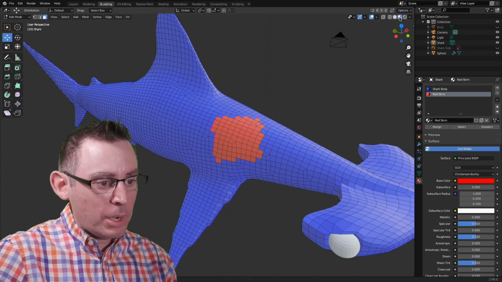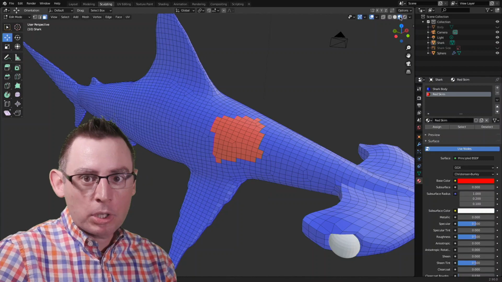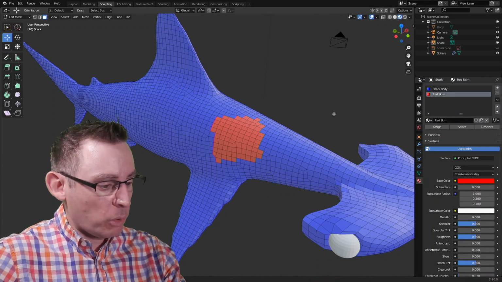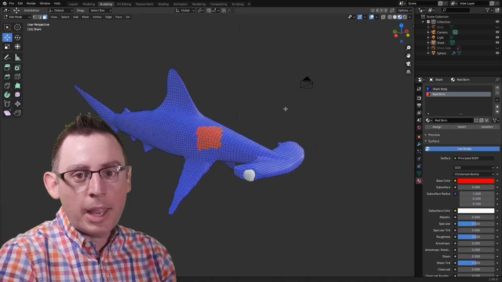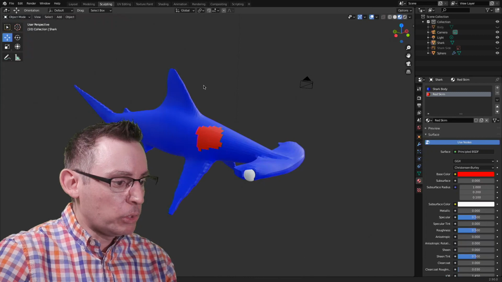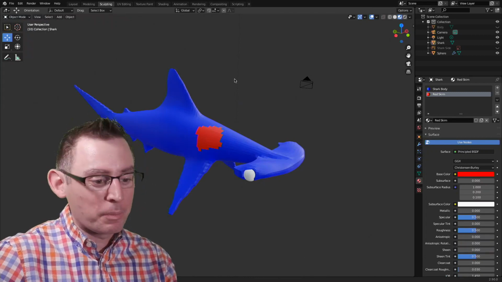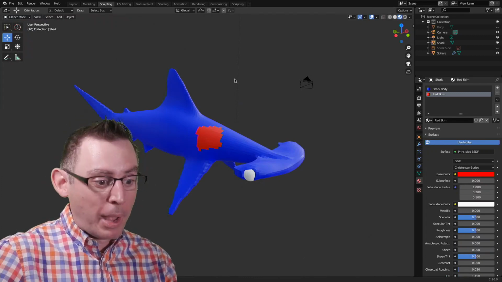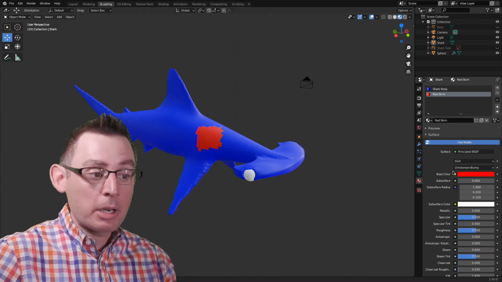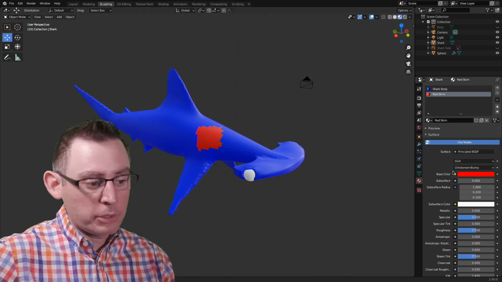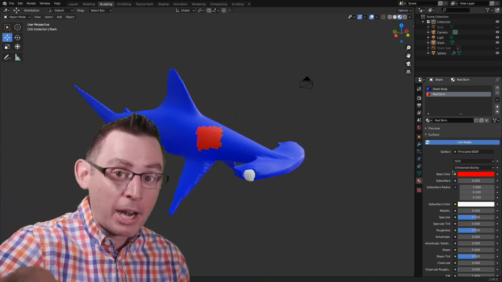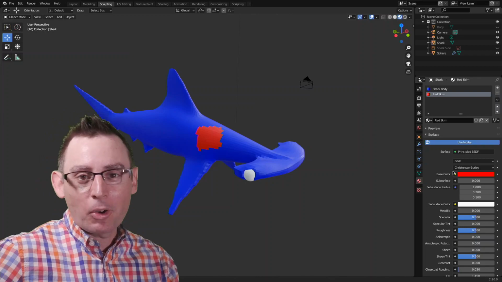Make sure that you're going into your viewport shading options and choosing this third option. This is going to do the material preview for you. And you can go in and you can start colorizing your objects to create whatever look that you're going for in the final render. Materials are a powerful, powerful addition to our workflow. We're going to be spending a lot of time talking about how we can create materials, use materials, and create textures that are going to go inside of those materials a little bit later on in the course.